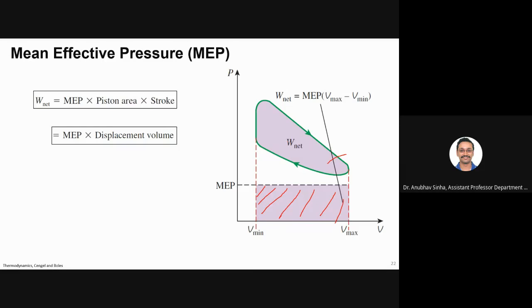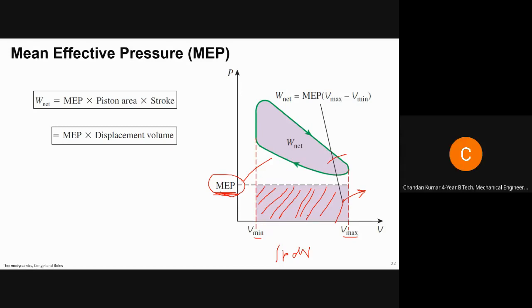The idea is that the pressure is varying throughout a cycle, increasing or decreasing. So instead of that, I define one mean effective pressure. This is the mean pressure. You multiply it with delta V and you get the work done. Instead of doing PdV for the whole cycle, I can write mean effective pressure and do PdV where dV is the delta V of this and P is constant, equal to MEP. That is the whole idea. So you define mean effective pressure for a cycle so that you get the same work done, and this will be different for different cycles. That's all.